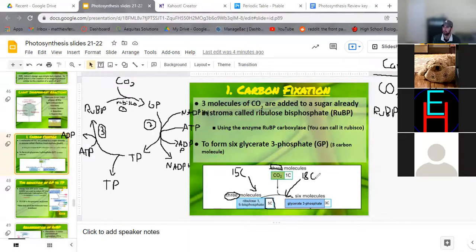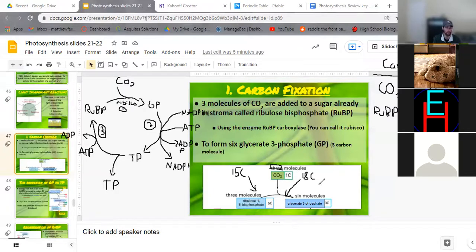Rubisco has added a carbon to 3 different RuBP molecules. However, this is where we make the unstable intermediate, because at this point in time, it's 18 carbons in the form of 3 6-carbon molecules, right? If we have a 5 carbon and we attach a 1 carbon, that would create a 6 carbon. So we have 3 of those,